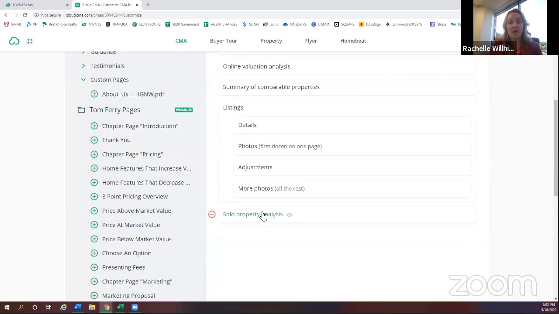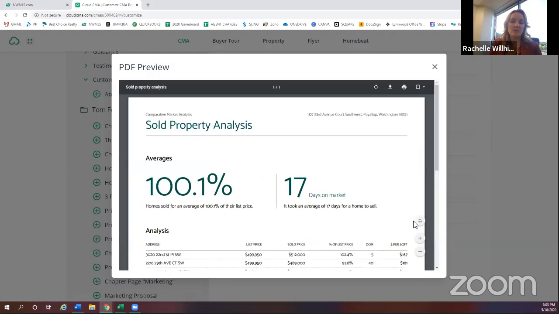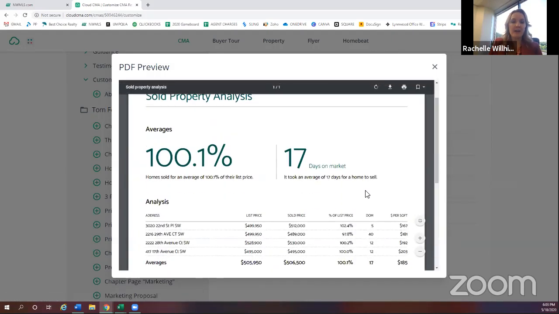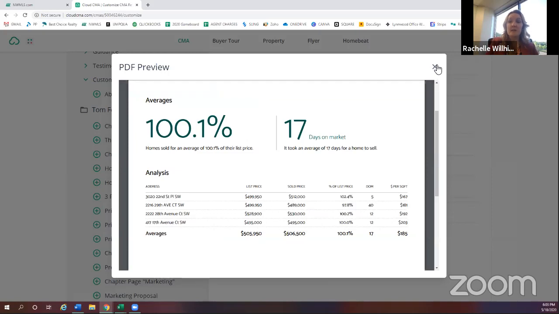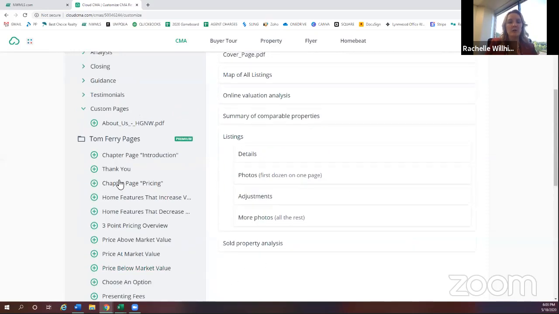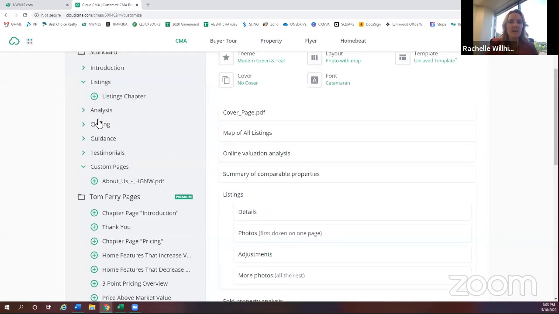Sometimes it's good to give a lot of information. Depends on who you're talking to. If your seller likes data, you might be playing around on that left side quite a bit. And this sold property analysis, I like this one because it shows that we've got to price it right in order for us to get the home. So let's not overprice it. So I'm going to go ahead and include that one as my closer. Okay, and then at the very end,